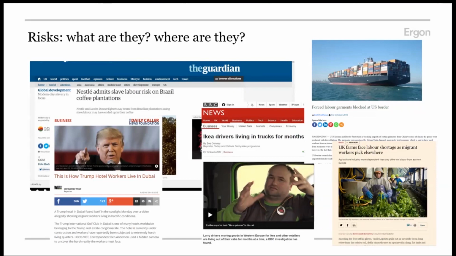And what are human rights risks? We're talking generally about labour risks within the human rights field, but increasingly risk is being talked about in terms of broader human rights. So there are international instruments aimed at governments, so ILO conventions, the Universal Declaration on Human Rights. These are conventions and treaties which are aimed at governments to implement, but they clearly have implications for businesses. So we've got a set of international human rights instruments, we've got a set of international environmental conventions.